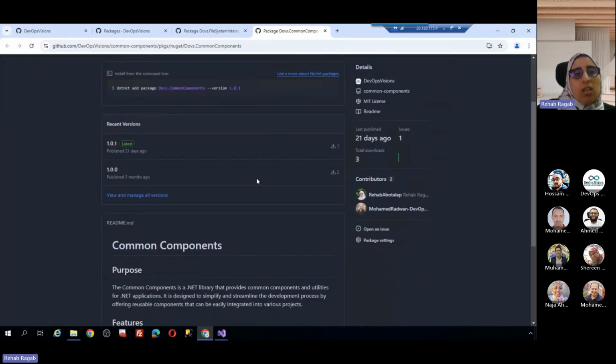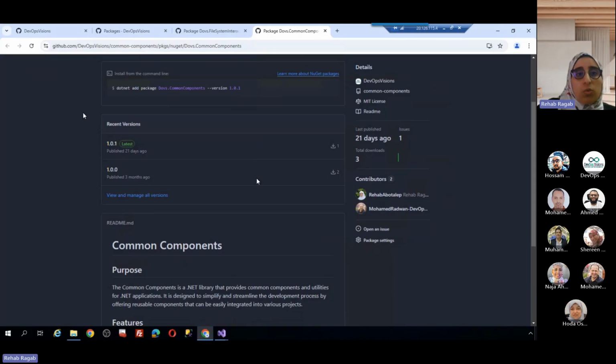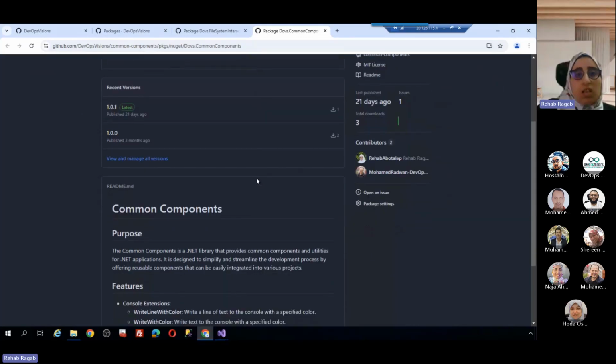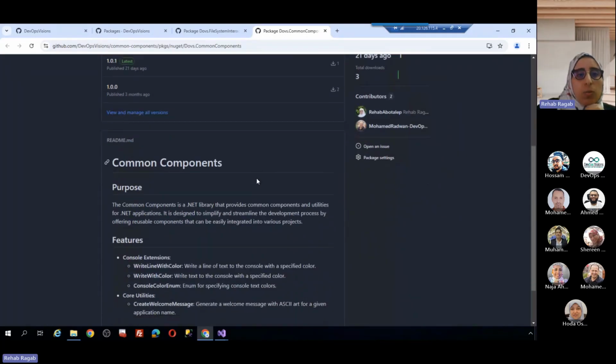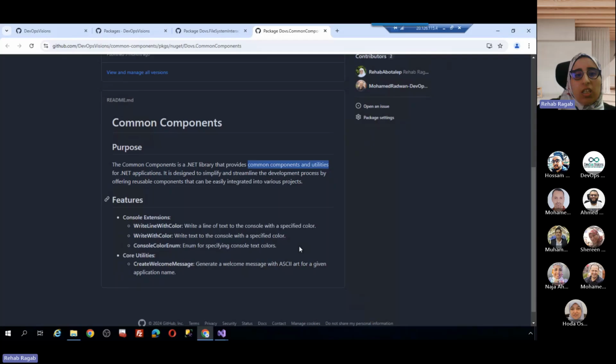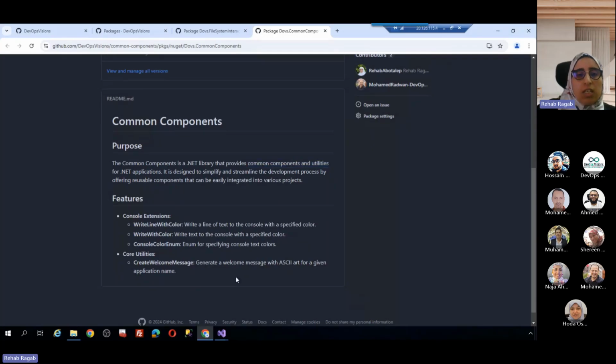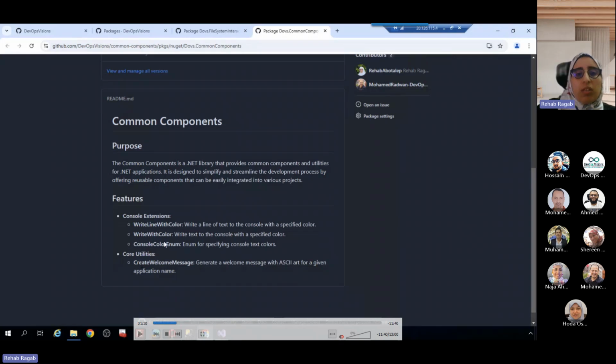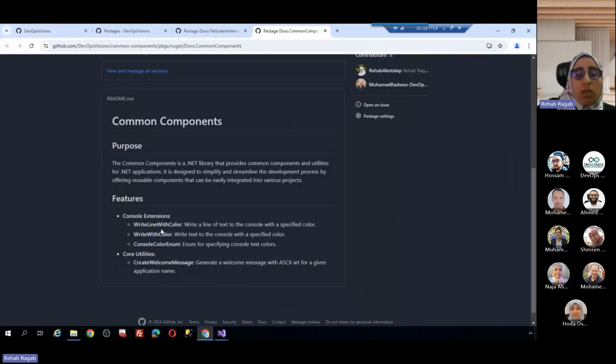And we have also this other class library, common component. Again, you can find the command that you can use to install from the command line. And this package, we have only two versions, the latest one, 1.0.1. And this class library provides common components and utilities for a .NET application. These are the features for this class library. We have here this class, console extensions, that has multiple functionality, and also we have here core utilities, create welcome message, generate a welcome message with ASCII art for a